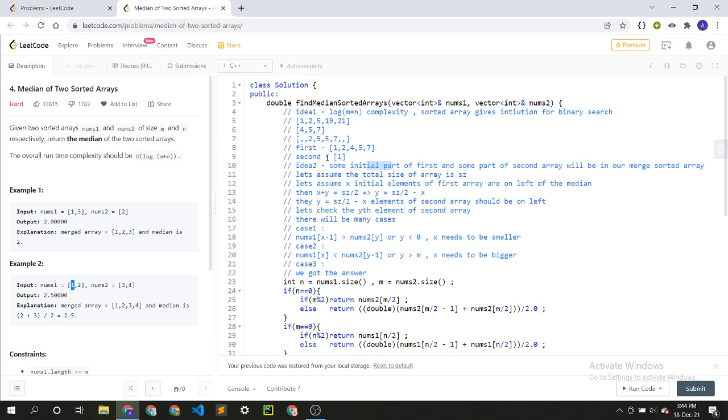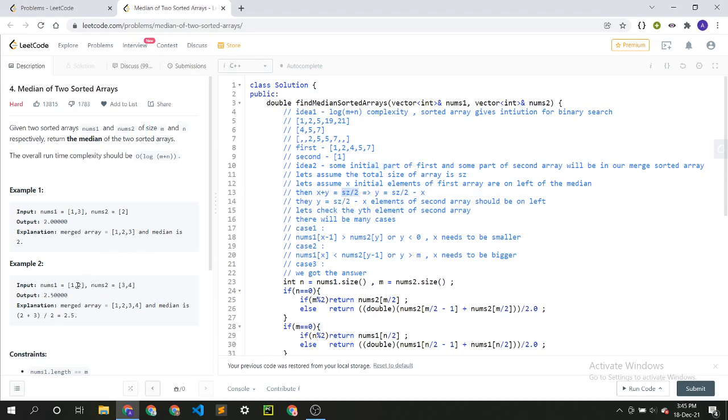Let's now assume the first x elements of my first array are in the left of the median. Then, if sz is the total size of the first array and second array, on the left of the median there should be sz by 2 elements.